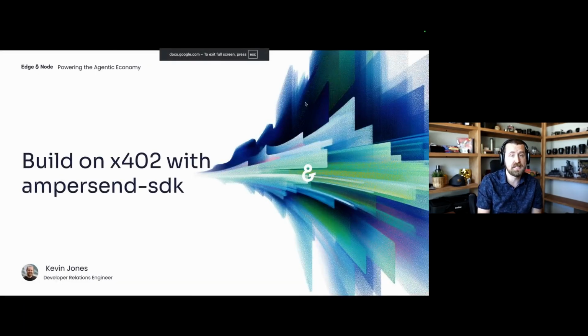Cool. All right. So we're going to be talking about the Ampersend SDK, which we just open sourced